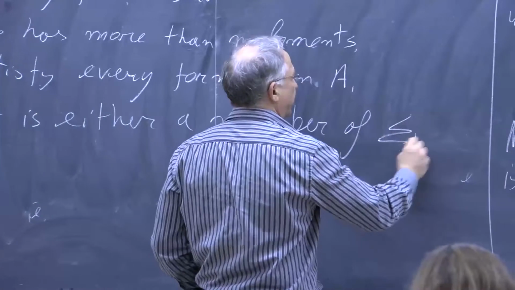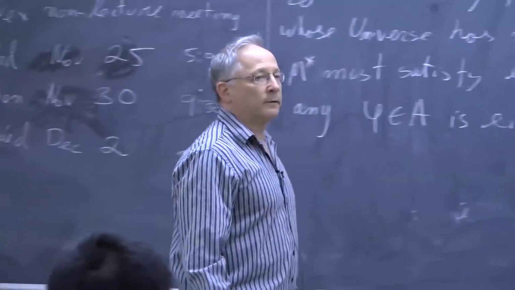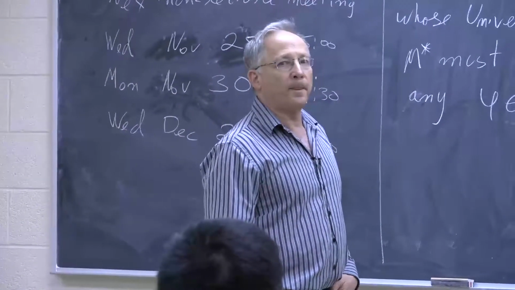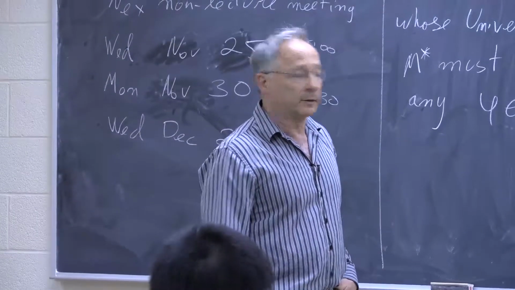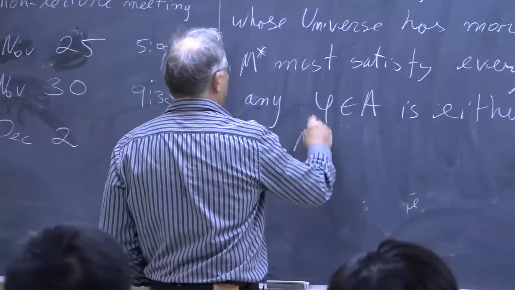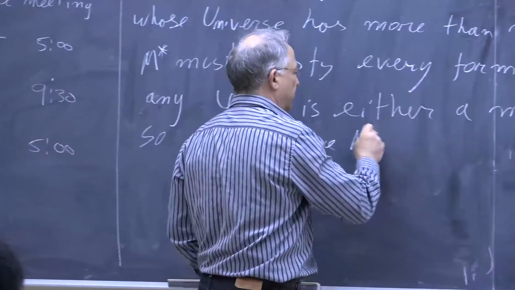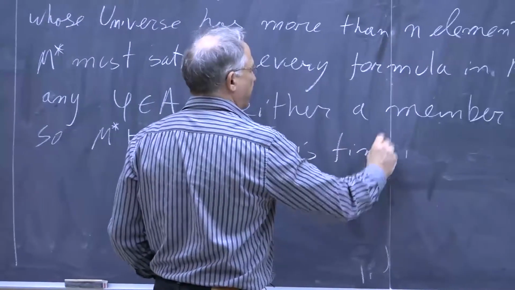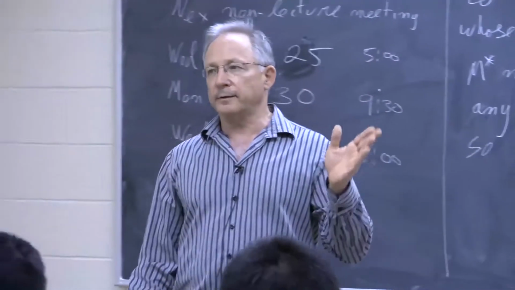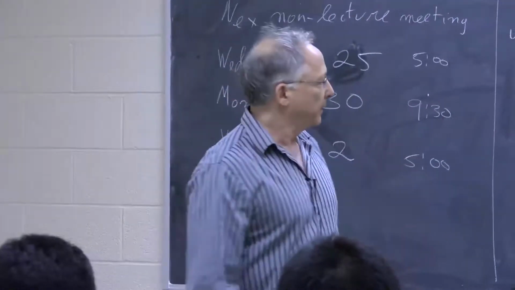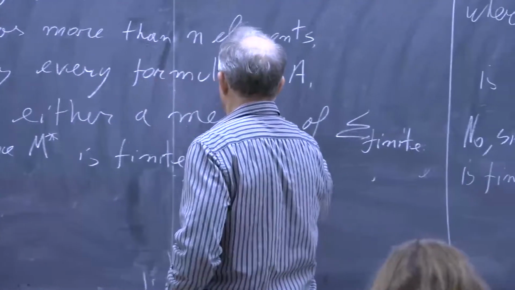of sigma finite. If it's a member of sigma finite, why does M star satisfy it? Because M star is finite, and sigma finite is satisfied by every finite structure. So M star satisfies phi since M star is finite, and sigma finite defined all finite structures. So every finite structure satisfies everything in sigma finite. Or if it's not a member, or otherwise,